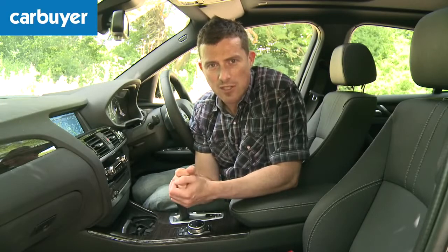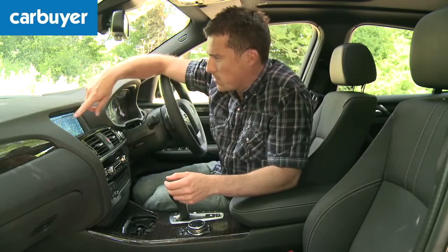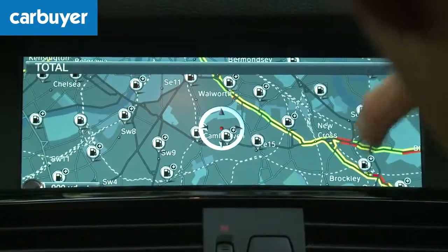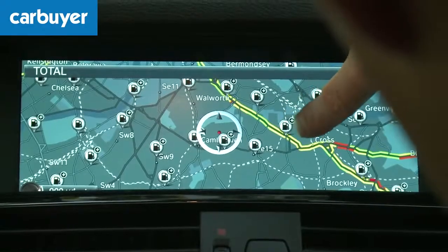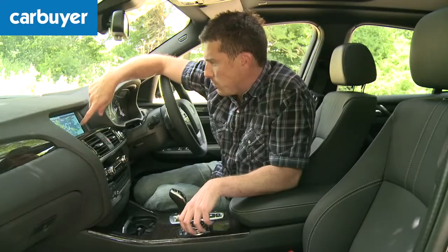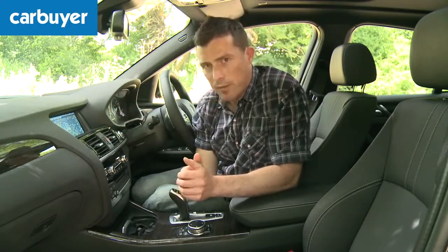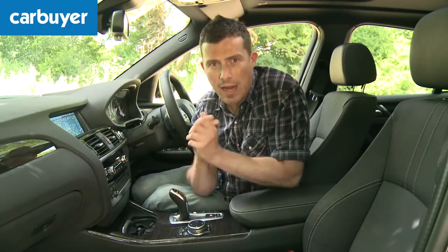That's probably the best sat-nav system I've used in any car, and I really like the traffic management function. It's a bit like Google Maps, so it shows you where there's jams on your route. For instance, green lines mean the traffic's flowing well, yellow lines mean it's getting a bit sticky, and the red lines mean there's a bit of a jam. It'll also show you where there's some roadworks so you can avoid those, and when you put your destination in, it'll obviously work out the best route to avoid those traffic black spots, and it'll give you an accurate estimated